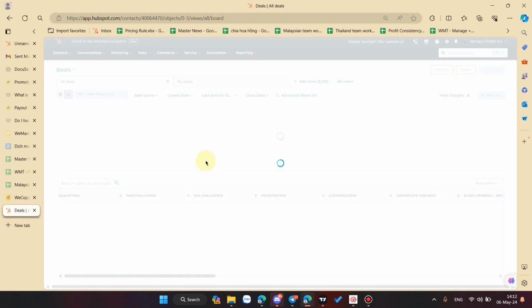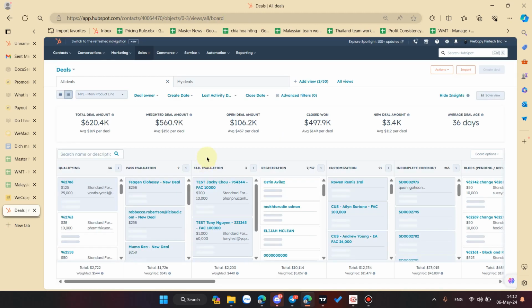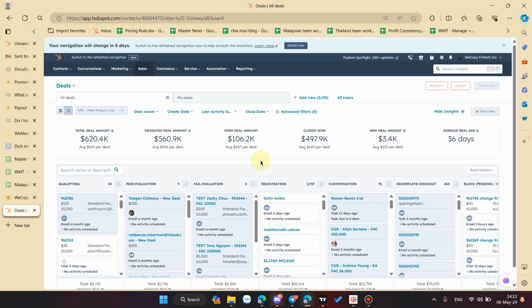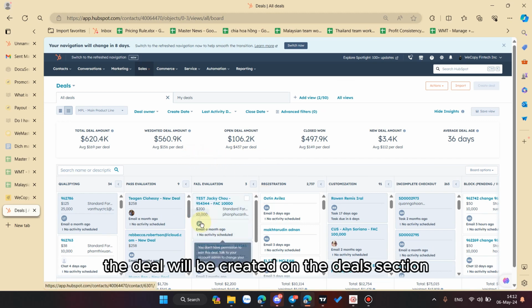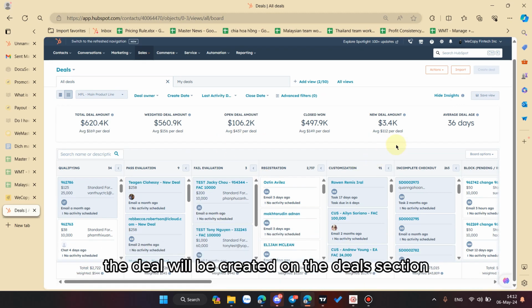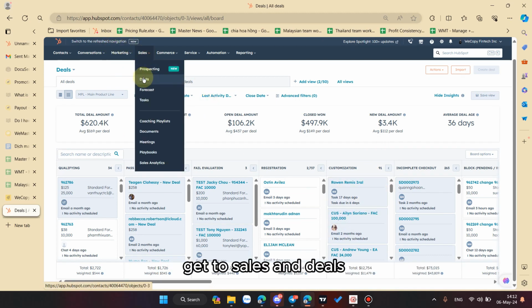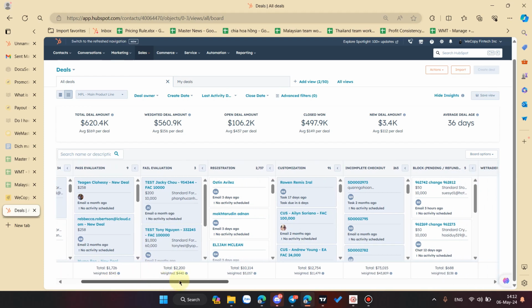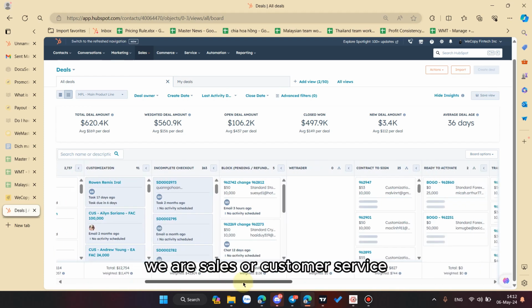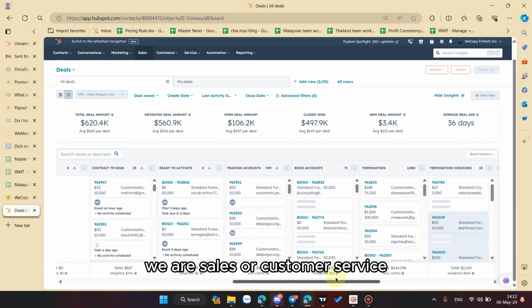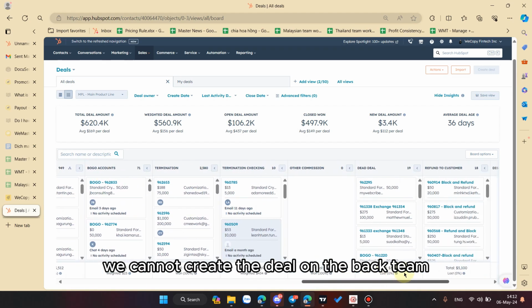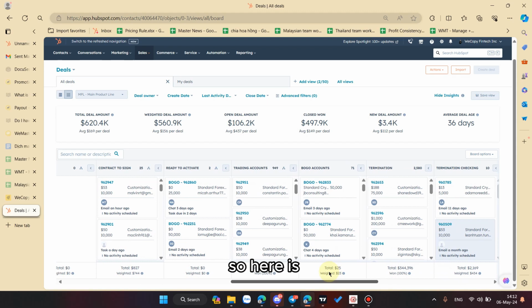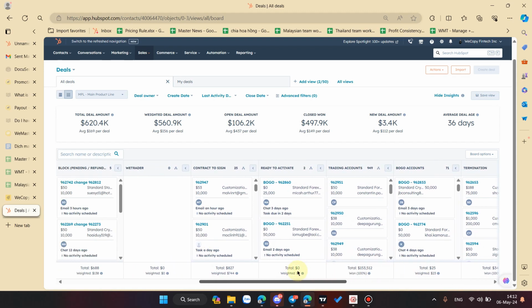Once the client buys a package, the deal will be created in the deals section. Go to sales and deals. There are many columns here. Actually, we are customer service, so we cannot create the deal, only the back team can. Here we only check the information.